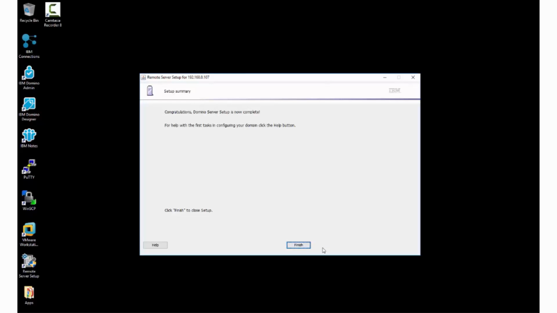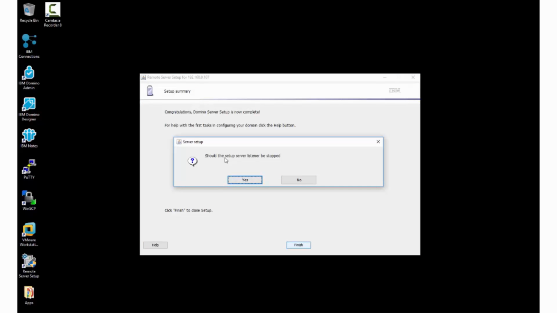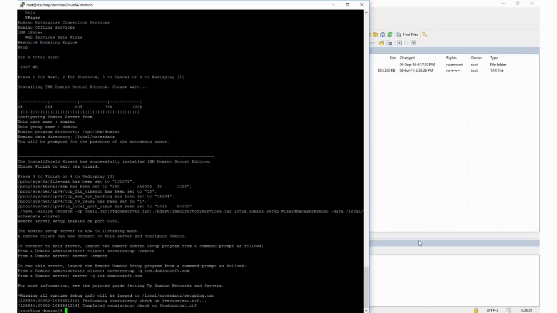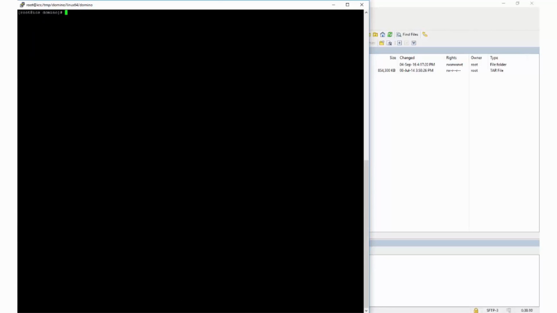Okay, we just completed the configuration of the IBM Domino server, and we can finish this process. It will ask me if I want to stop the server with the listening option that we previously used, and I'm going to select yes. This will automatically stop the IBM server. So as you can see now, everything stopped. The server stopped. I'm going to clear this screen,